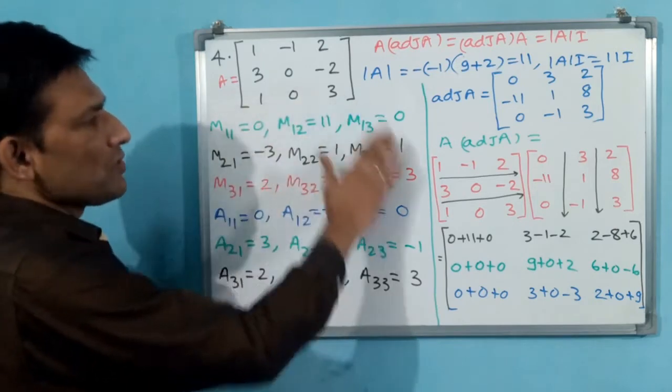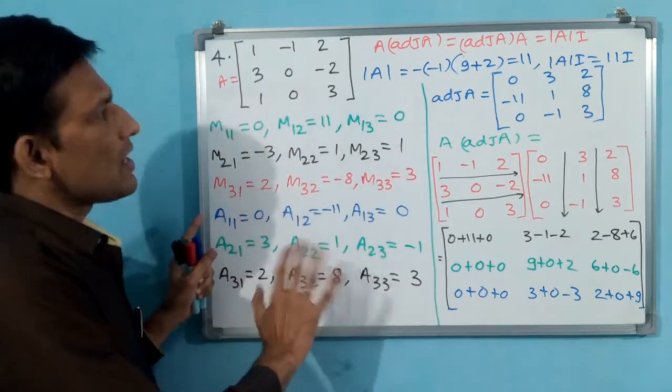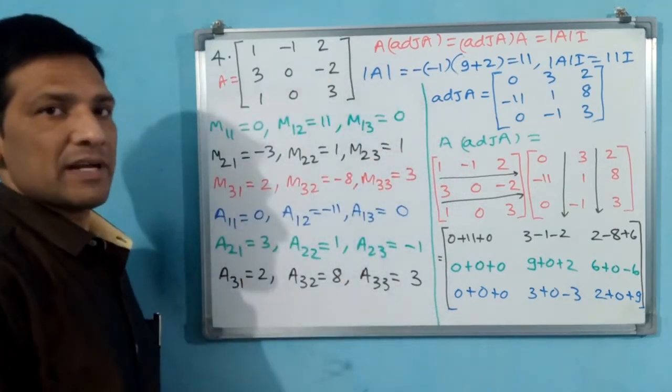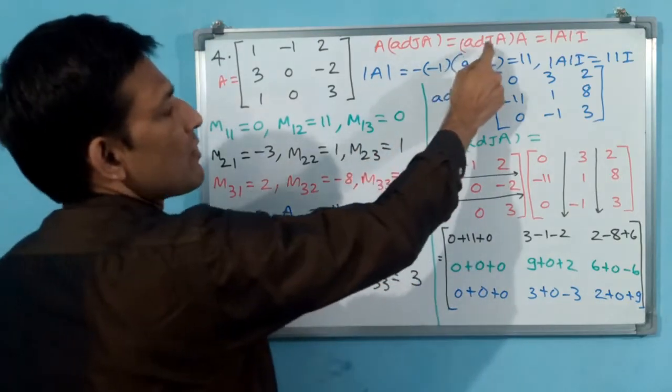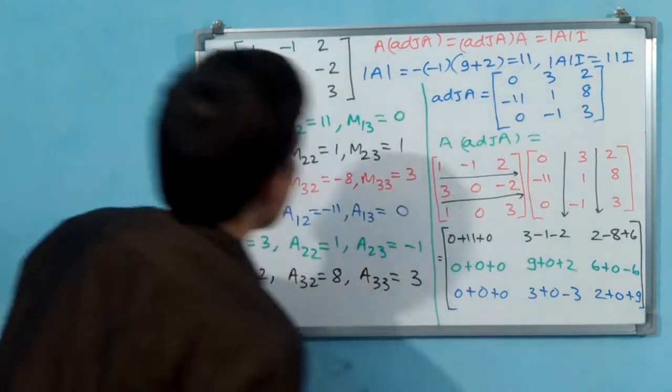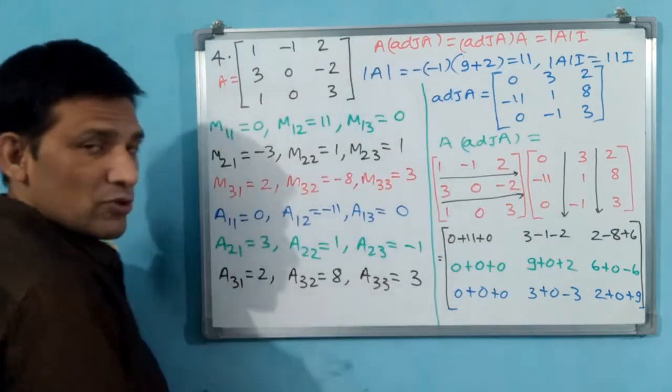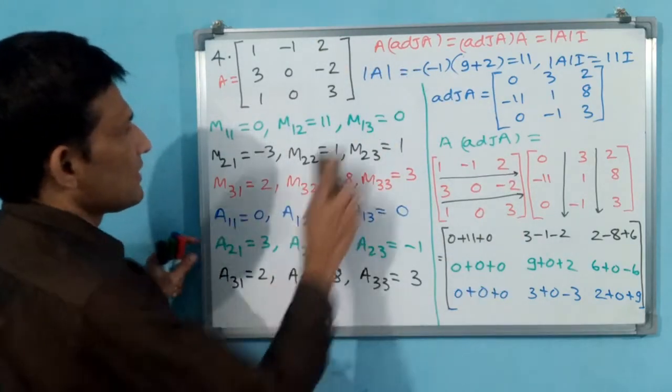Now you see I am removing this. Why? Because the cofactors and all not required, but A and adjoint A required for us for complete question. Even we have to do this also, adjoint A into A. Okay, what I am doing, I am removing this. You first note down, pause and note down, I am removing this one, this portion.